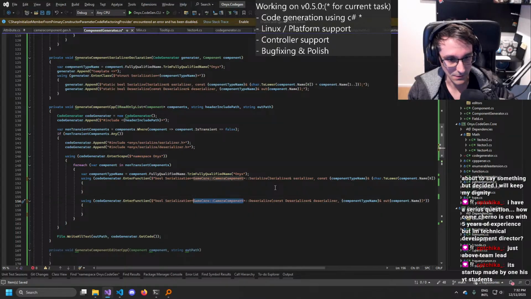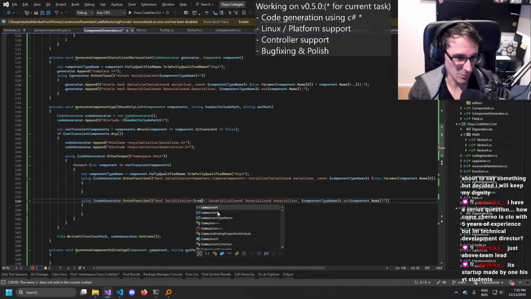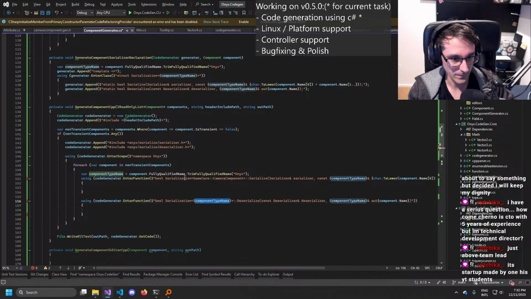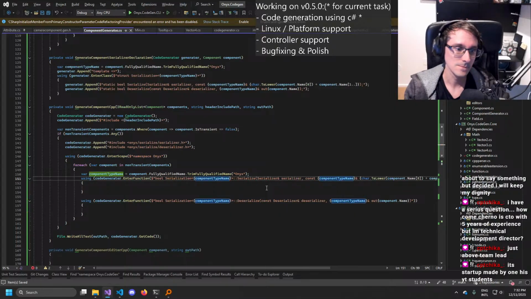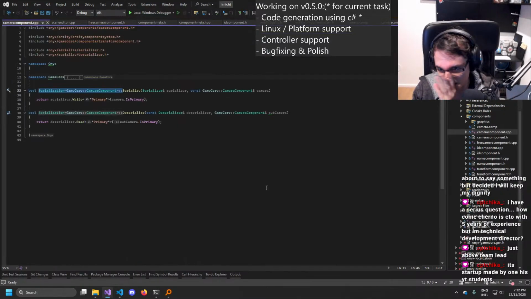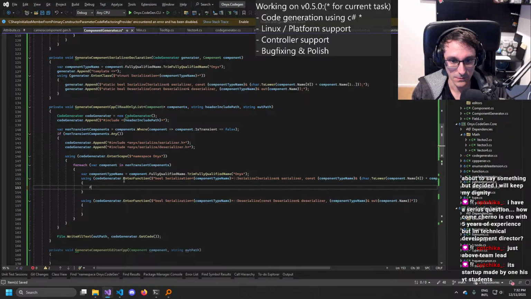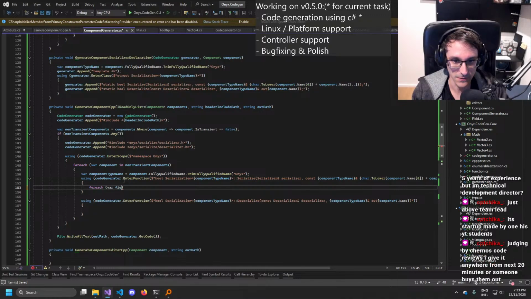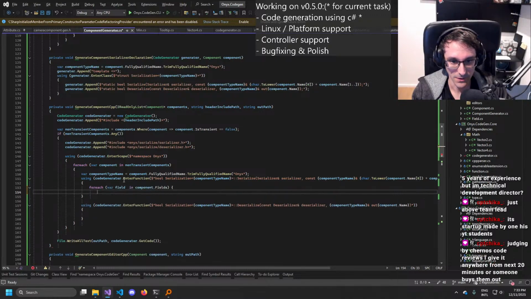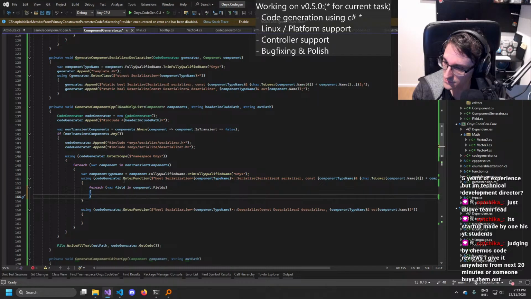And then here, component type name. Perfect. So that should be it. And then for each var field in the component fields,